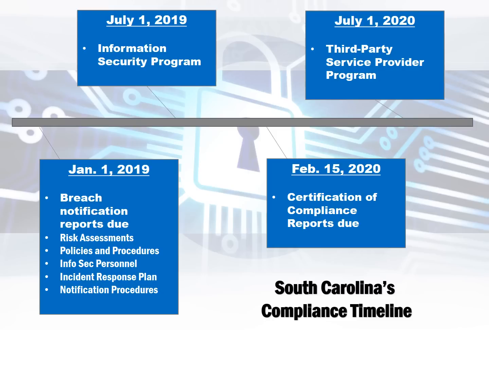The information security program itself, if you have not received an exemption, needs to be in place and is required effective July 1st, 2019. And beginning February 15th, 2020, again this is for domestic insurers, they must file certification of compliance by February 15th, 2020 and annually thereafter. And finally, the last effective date to kick in will be July 1st, 2020, and that is when you must bring your third-party service provider programs into the fold. They must meet the information security program requirements of the licensee.